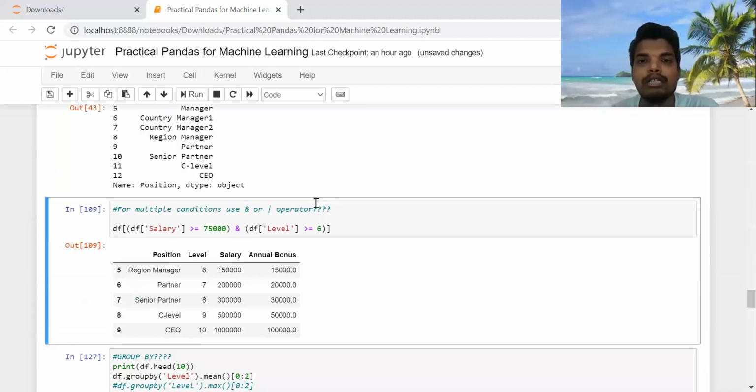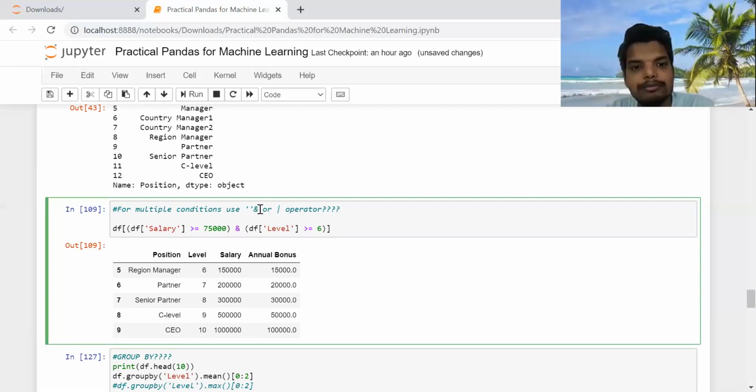Now coming on to multiple conditions. Suppose there are multiple conditions to check and filter out the data. Then you can use the AND operator and the OR operator. The AND operator symbol is this ampersand sign, and this is our OR operator, the vertical bar.